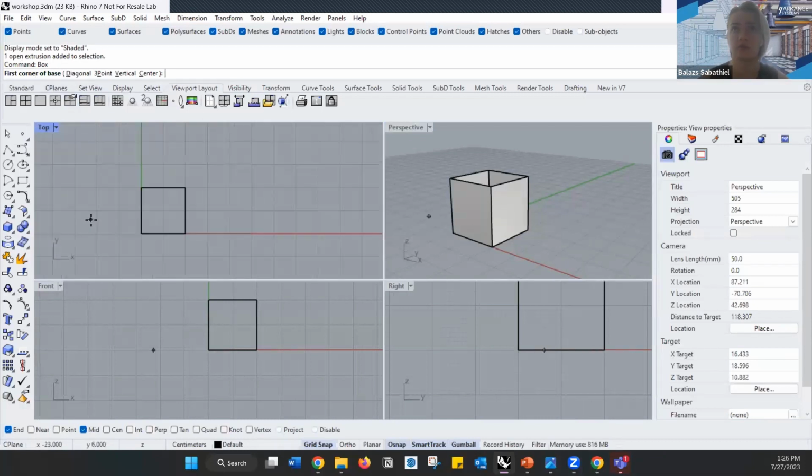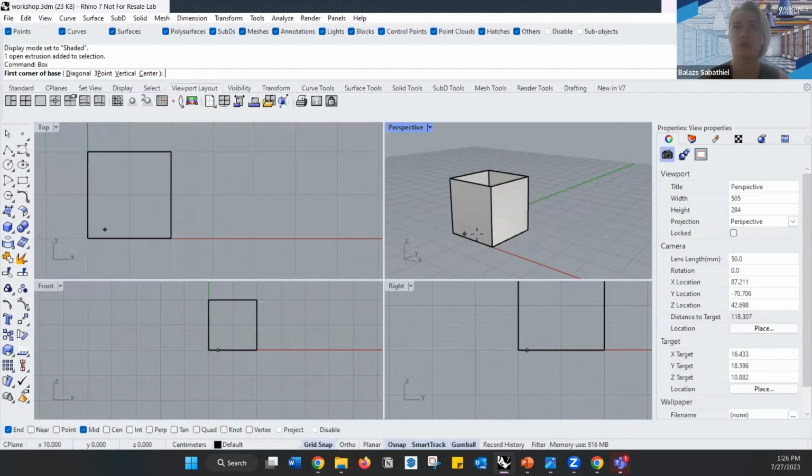Let's say I will come to my top view. Oh, and also, if I want to change from one view to the other, I can just do it by hovering my mouse. I don't have to click on the view to activate it. Like you see, now my mouse is at the perspective viewport. If I go to the left, I'm at the top viewport, and you can see that it's active because the title becomes blue. So if I start, for example, in the front, I can click here,